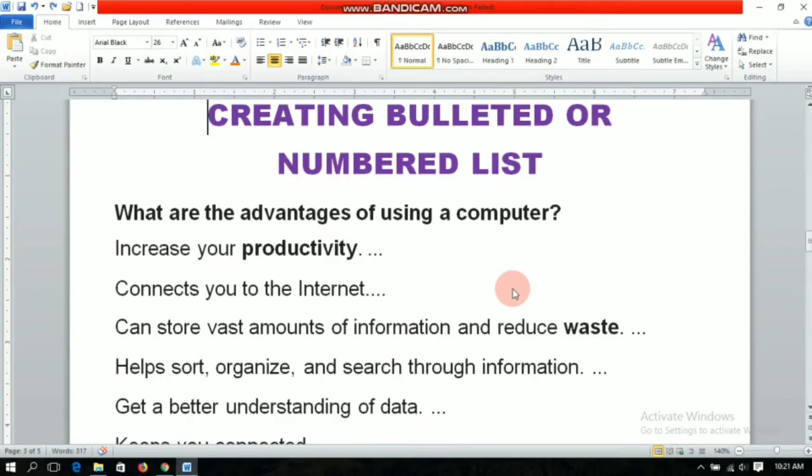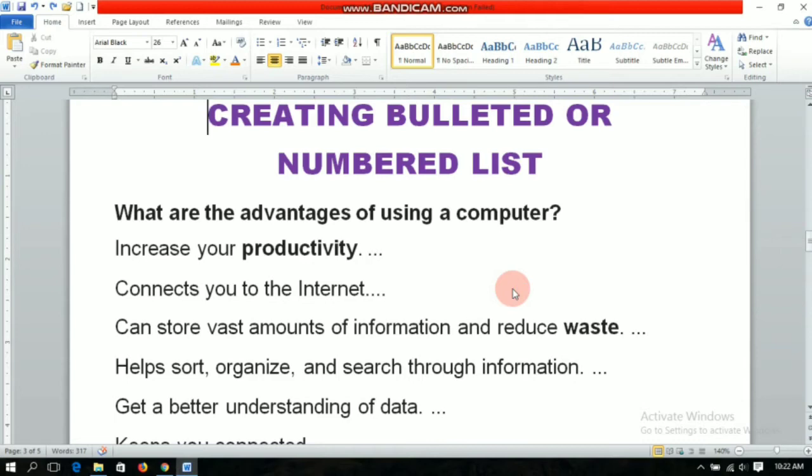So next we will talk about creating a bulleted or numbered list. Okay, this feature or this option we can use only when we want to make a list. A bullet is a small graphic symbol that sets off an item in a list. In a numbered list you will get 1 2 3 4 like that, or ABCD and various options of that only. And in the bullet option you will find a small graphic symbol that makes your document look great.